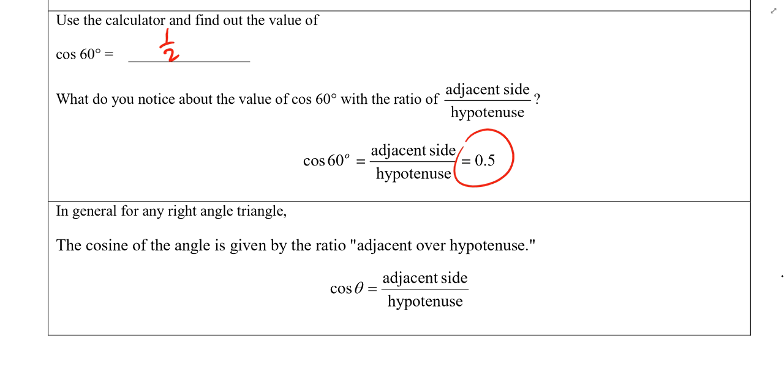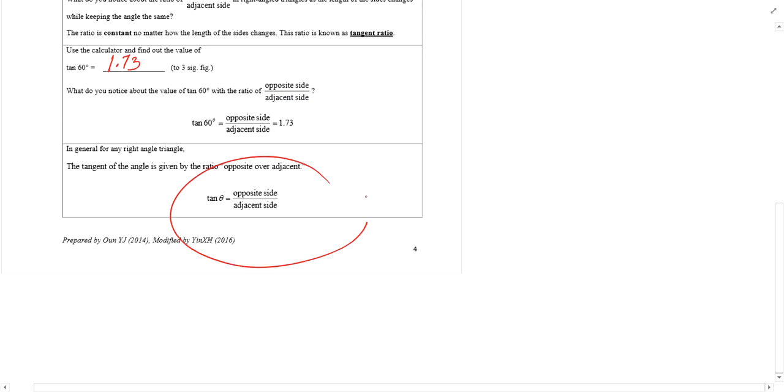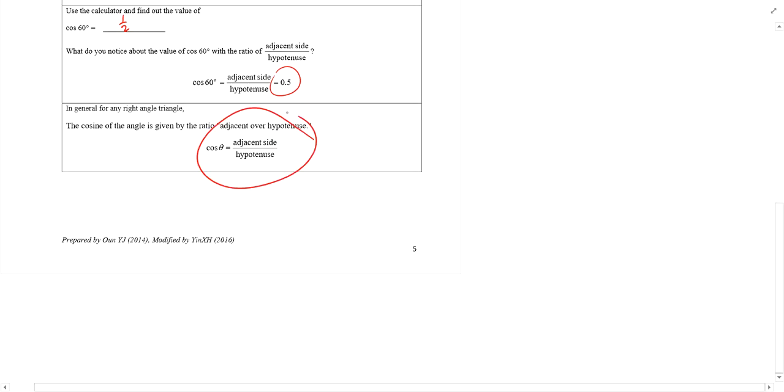Okay? In the first ratio that we learned, we've got tangent theta is opposite over adjacent. In this page, we have cosine theta is adjacent over hypotenuse. Are they the same thing? Do they give the same ratio? They don't. What this means is that you need to memorize. When I tell you tangent theta, you must tell me opposite over adjacent. Can we try that? Tangent theta equals to